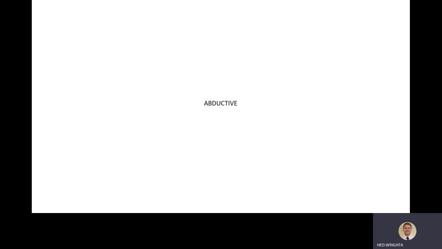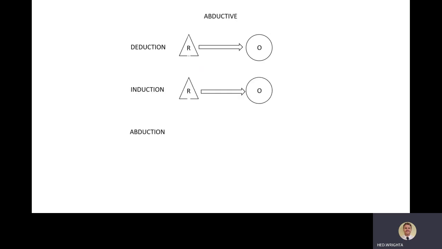And then you have abductive. With the abductive, I'm going to show you the difference by looking at deduction and induction. So with deduction, you have a reason that leads to your observations. So your premises lead to your observations. Induction, your premises lead towards your observations. Okay, so in deductive 100%, induction likelihood. Abduction is moving from your observation backwards to the reasoning.